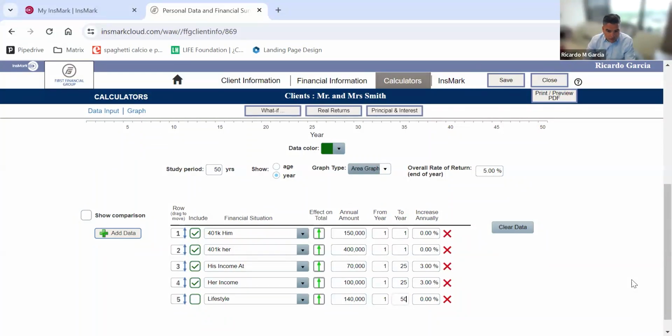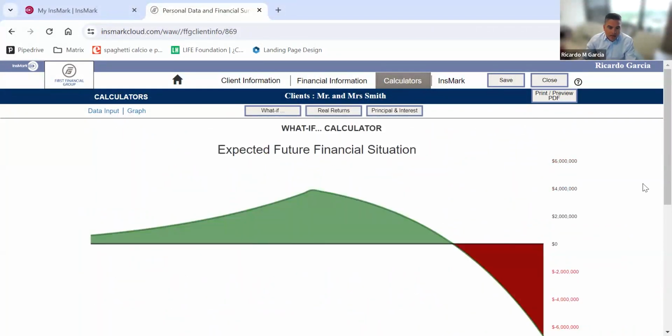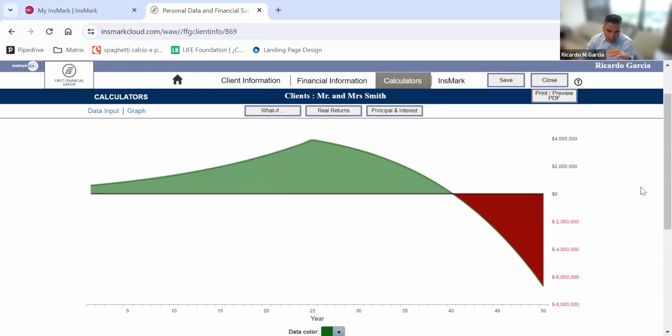So it goes to 50, and it's still a gallon of milk doesn't cost the same today as it will in 30 years. It didn't cost the same as in the 80s, so 3% inflation. Right? So this, Mr. Client, is the current path of savings that you're on at a high level.